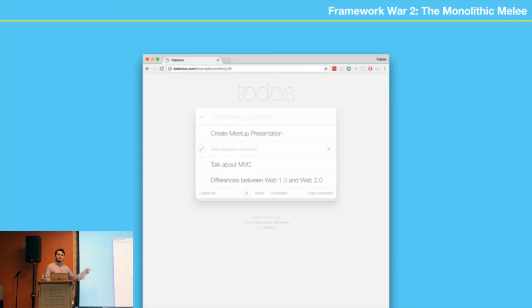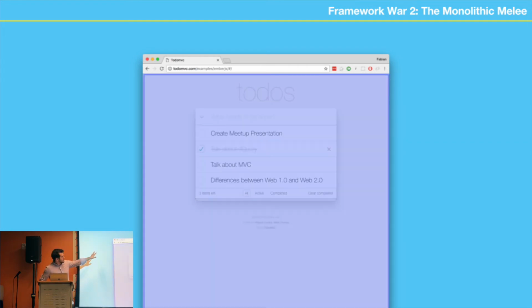So let's use an example: a to-do list. Whenever you're learning a new language, one of the first things you do is create a to-do list app. So we're going to break down this app as MVC. For sure, our entire website is a view. Because we have a view, we need a controller and a model, even if we don't have anything in it. So we have a controller for the parent class.